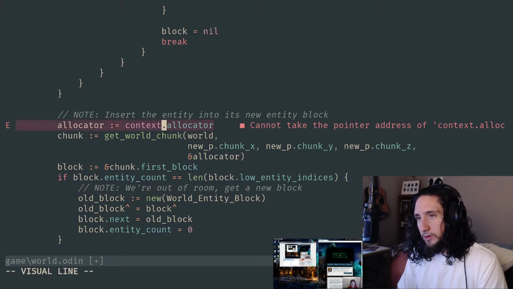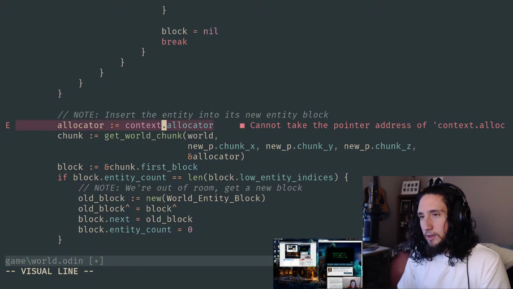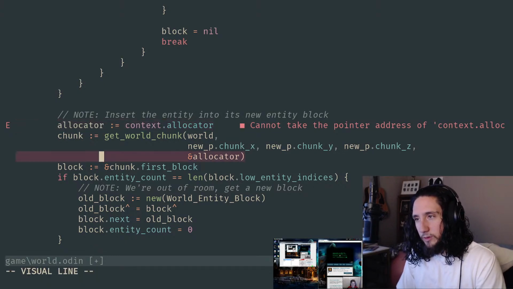I was worried about doing this because I was afraid that it was going to essentially clone the arena underneath the hood. If we pass in this allocator now, like you can see me doing here, I wasn't sure if that was actually going to pass in a copy of that arena that's underlying this allocator, but I don't think it does at this point.